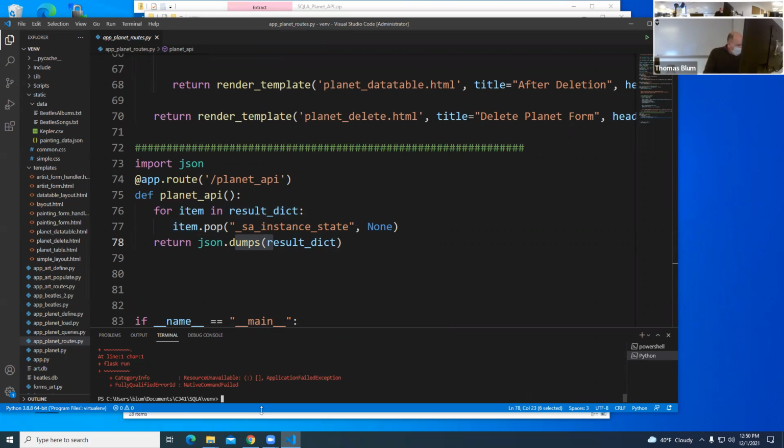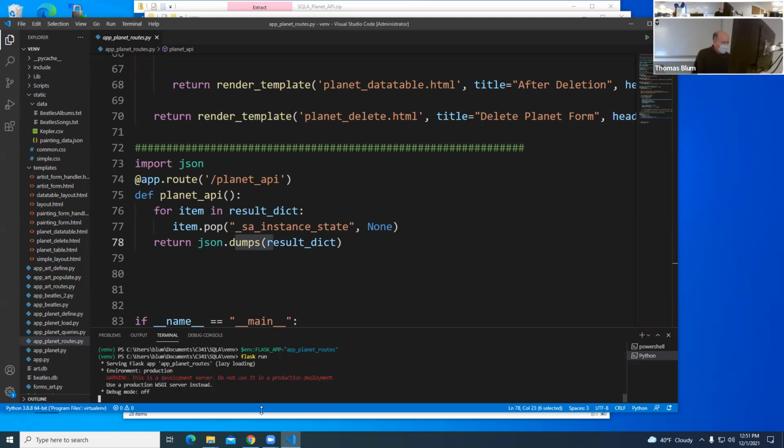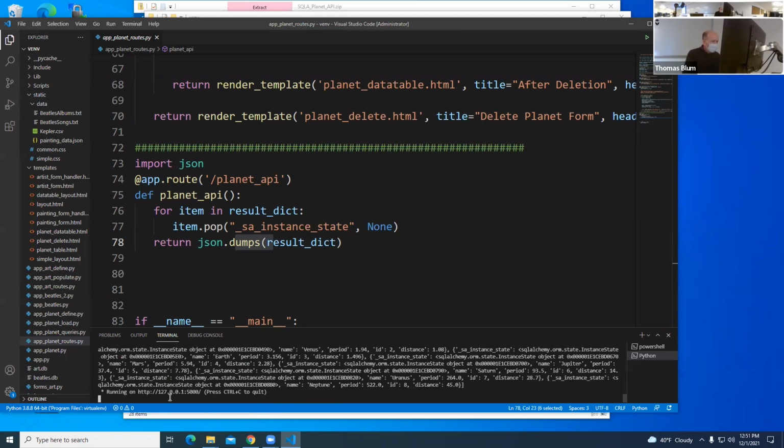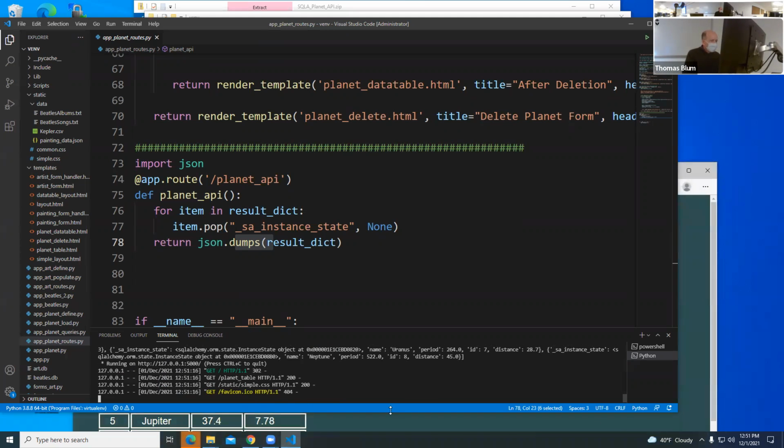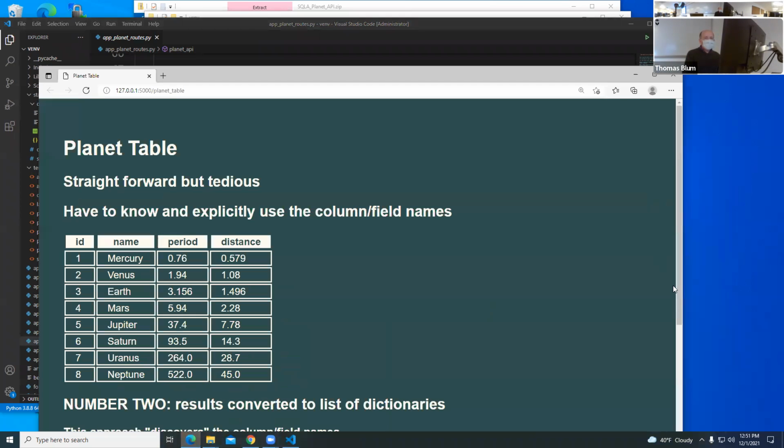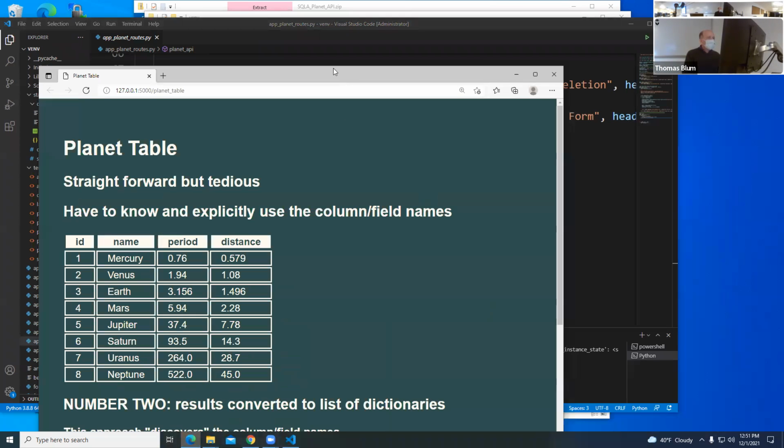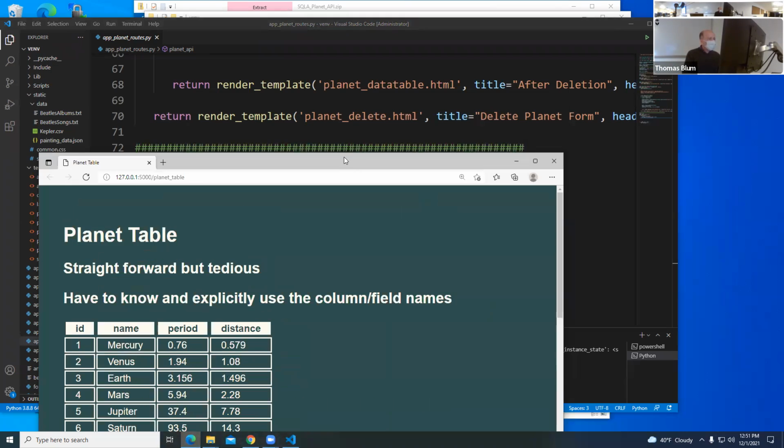So here I am, app planet routes and Flask run. And it's not working. Maybe I do need it for Flask. Okay, I didn't need it for SQLAlchemy, but I do need it for Flask. Let's try it again. Okay, so here is my default route, which is the table.